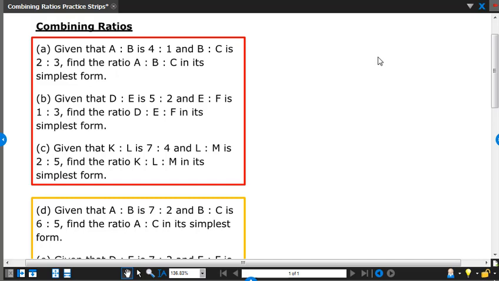Okay, I've been asked to do some ratio questions. I'm going to go do a couple. So these are combining ratios. So I'm not doing the basic ratio questions of Anne and Barry